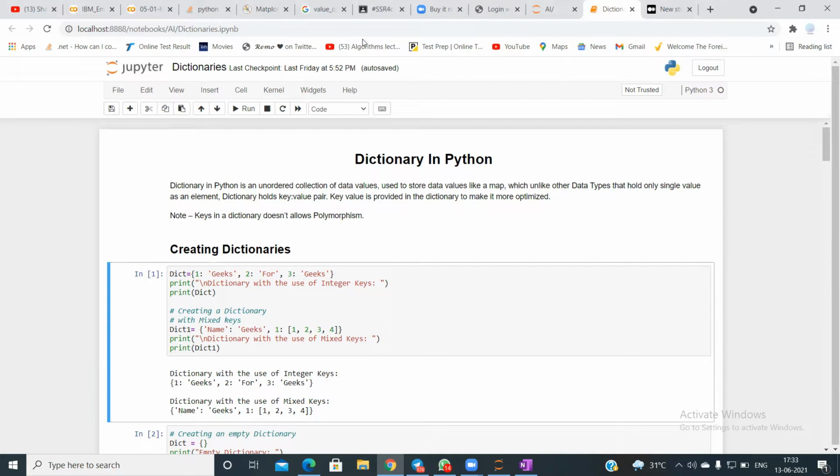So Om, would you like to add any more points about lists and dictionaries that you are aware of? No, even I didn't know about the list comprehension which was done in the last class. In school and wherever I had learned about lists, no one had taught about list comprehension.